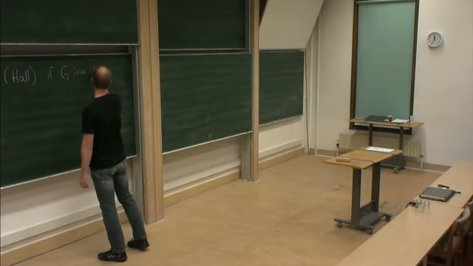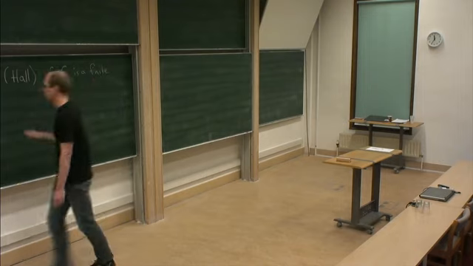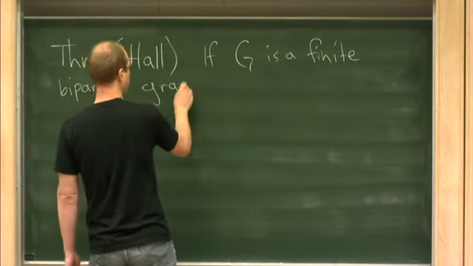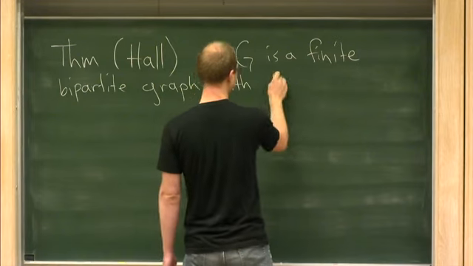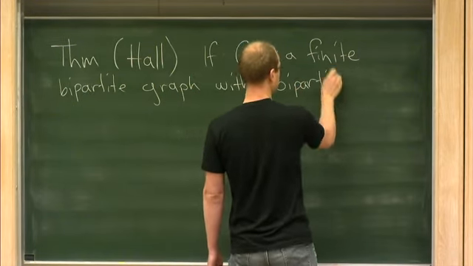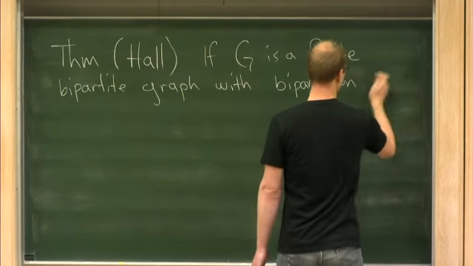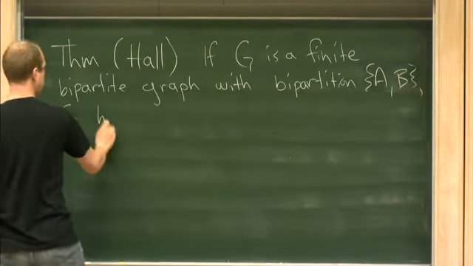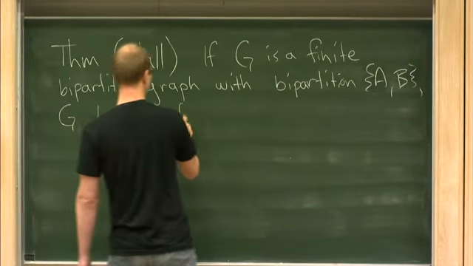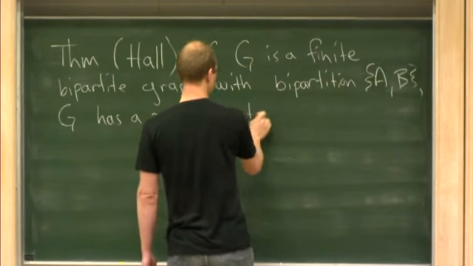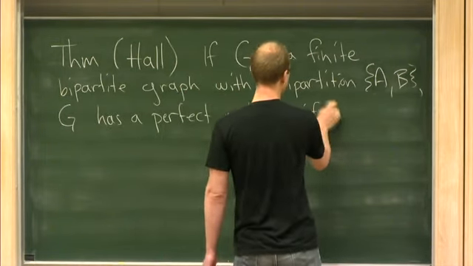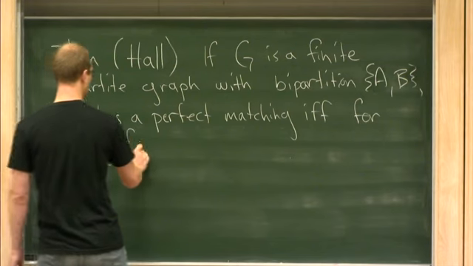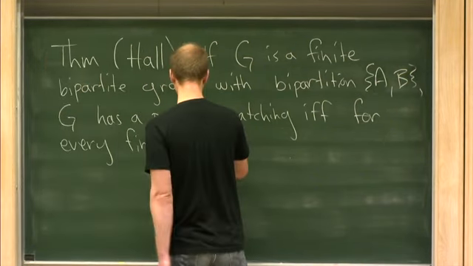If G is a finite bipartite graph with bipartition A, B, G has a perfect matching if and only if for every finite set F of vertices,